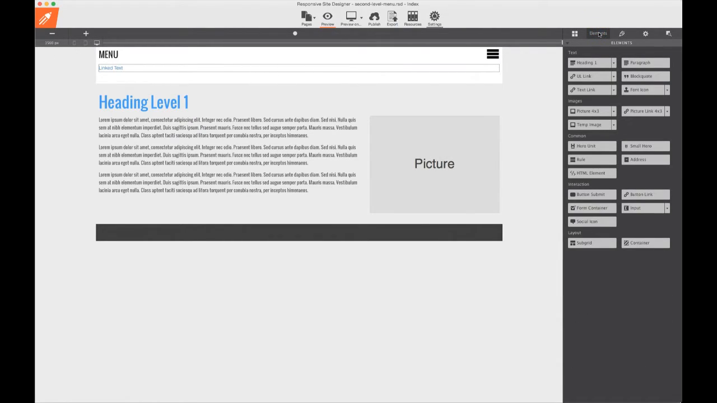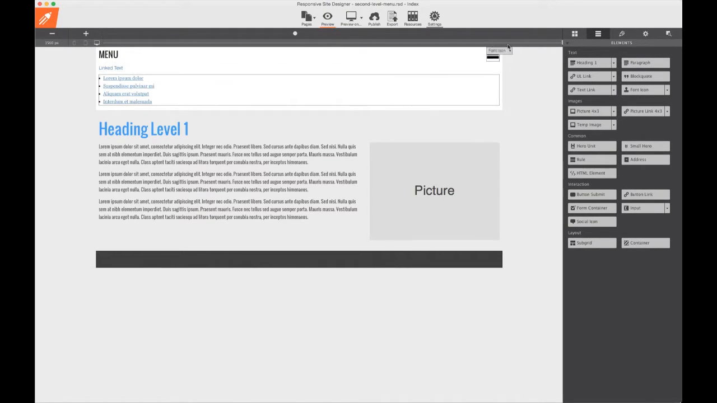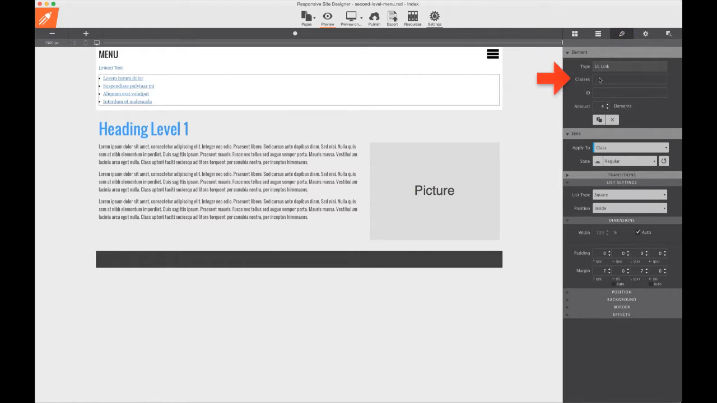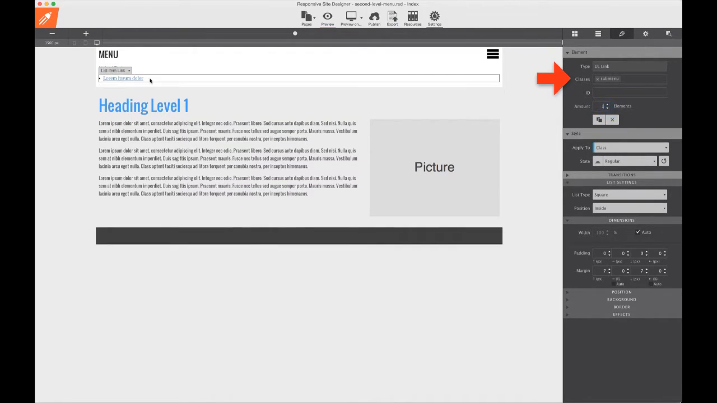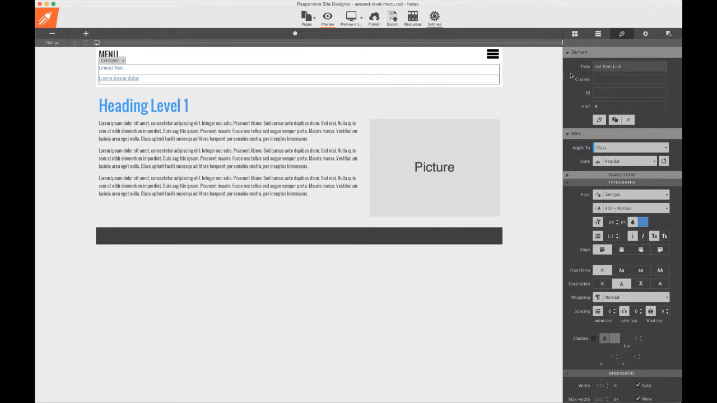and for the submenu I take an unordered linked list, and this is important, the class name is submenu, and the list type is none. I select the list item link, menu LE,